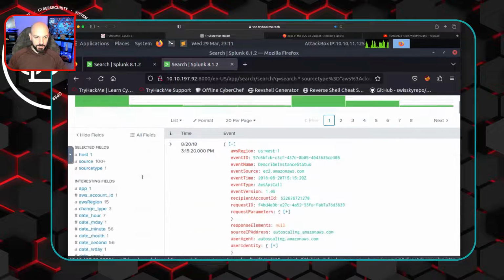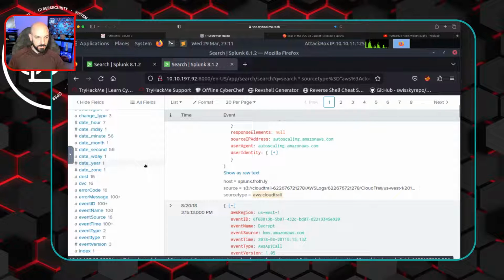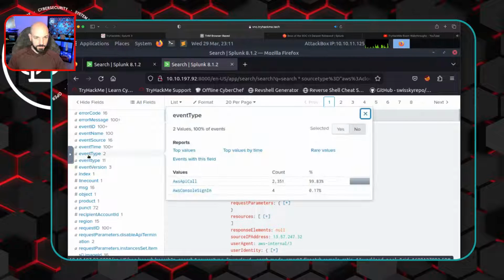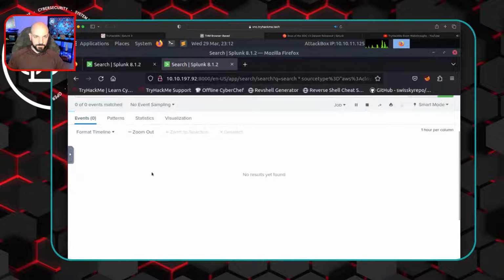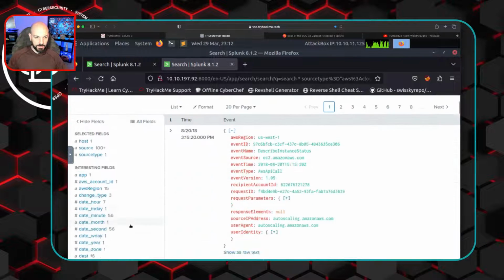All right, so we got a few events coming in here. And let's just kind of poke through event type. So I said to avoid console sign-ins, so probably AWS API calls, maybe. I don't know if we necessarily need to pick that, but let's do that. So we added event type AWS API call, and let's see